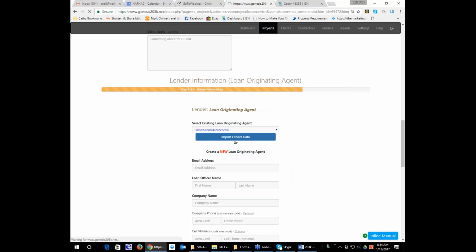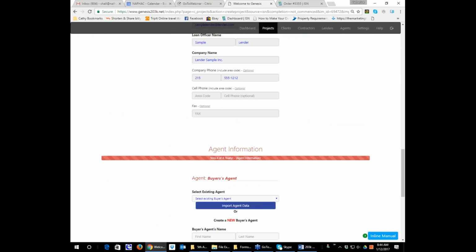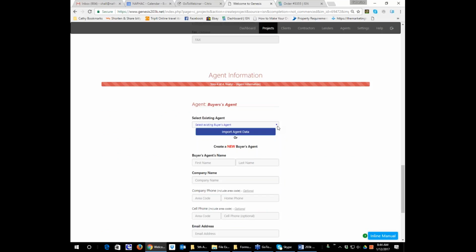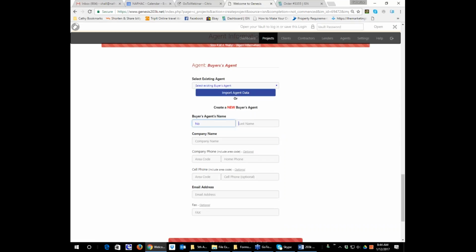It's doing it up there at the top. There's my client. There's the lender. Now, agent information. We are working on the situation so that this can be optional, so that you don't have to fill this in and you can complete the order without an agent, and that will be in a future release. But for the time being, if you do not have an agent, as this one does not, you can simply put the term no agent,